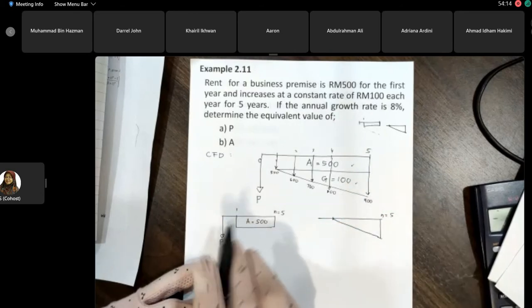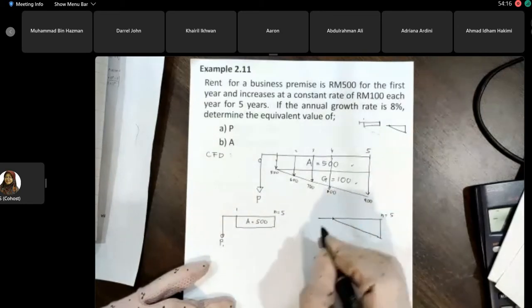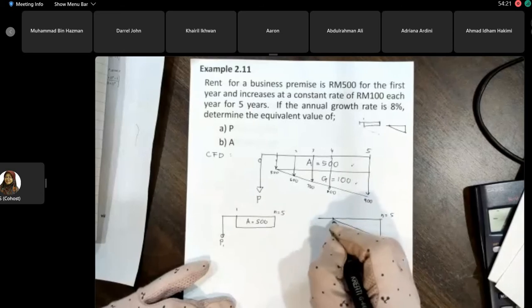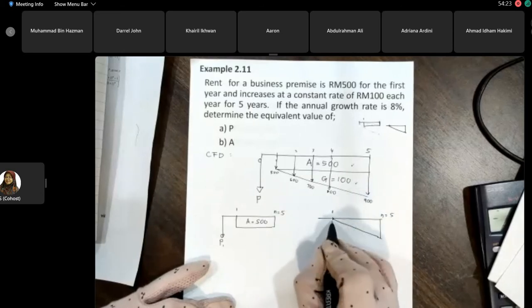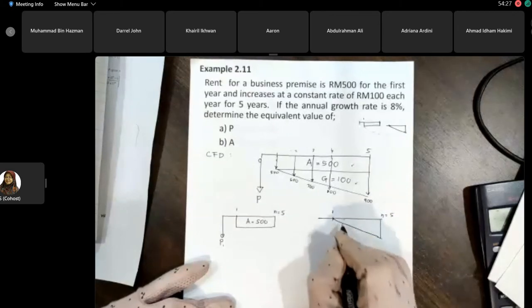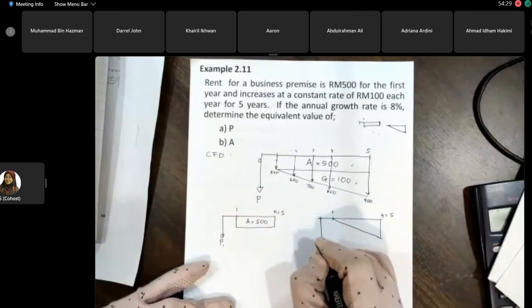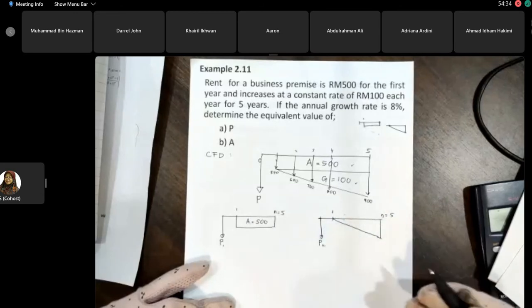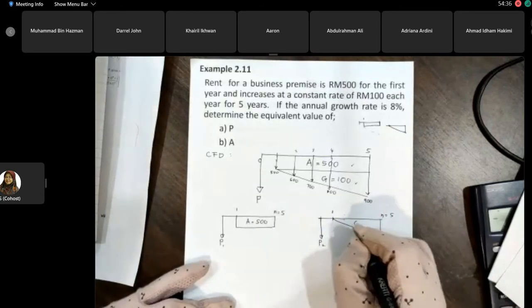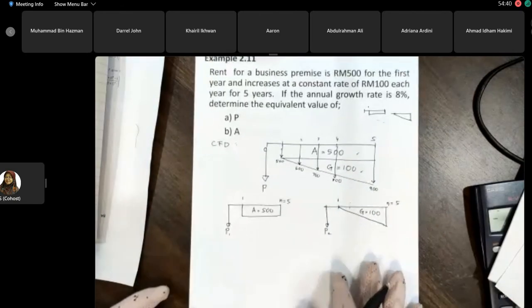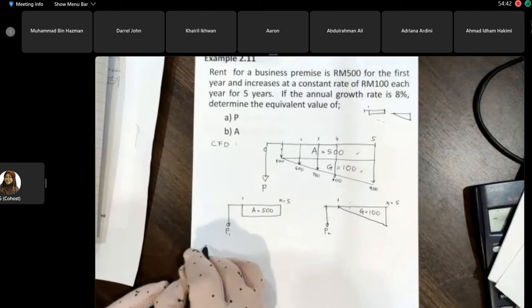Okay, make sure if you want to use table or you want to use formula, so must be at 1 and then the increment is at 2 kan. So okay lah, baru boleh pakai, okay, so you will transfer in equivalent to P this one lah. Okay, so this is G at 1. Okay. So P1